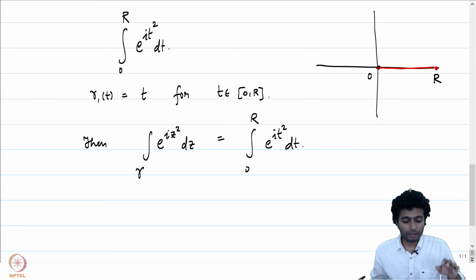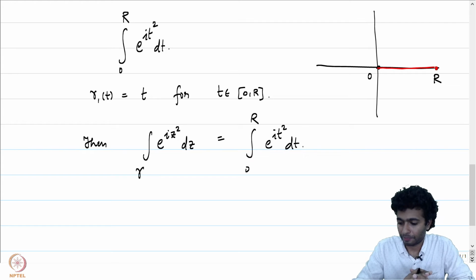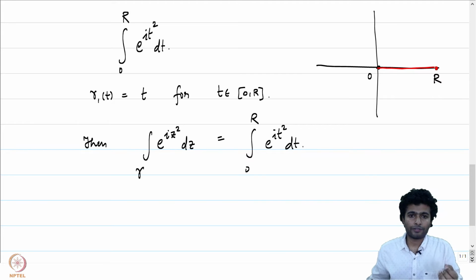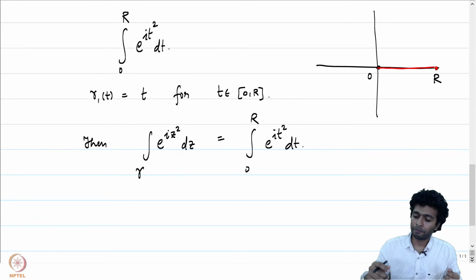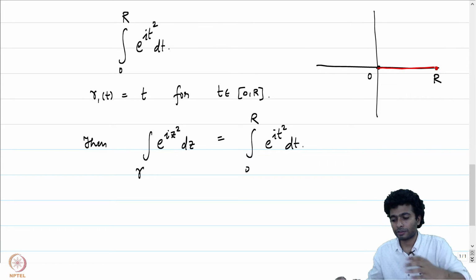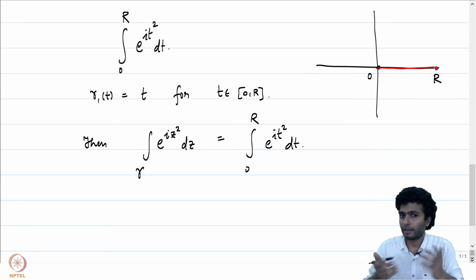But then our domain is, if you think of e to the power i z squared, an entire function. It's holomorphic on the entire complex plane, and the entire complex plane is a convex set. Therefore, if you look at the integral of f along gamma 0, a path from z0 to z1, and we manage to get hold of gamma 1, another path from z0 to z1, then the integral of f over gamma 0 is the same as the integral of f over gamma 1. And we are precisely going to do that. We will get an alternate path from 0 to R over which it's easy to compute this limit and approximate.